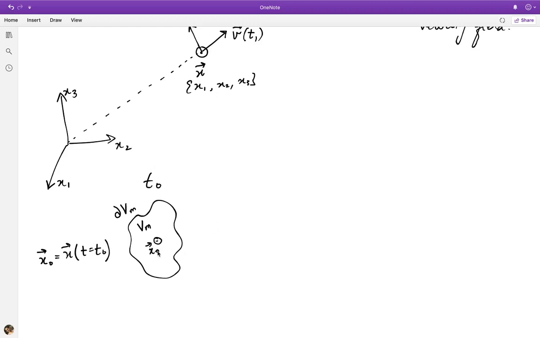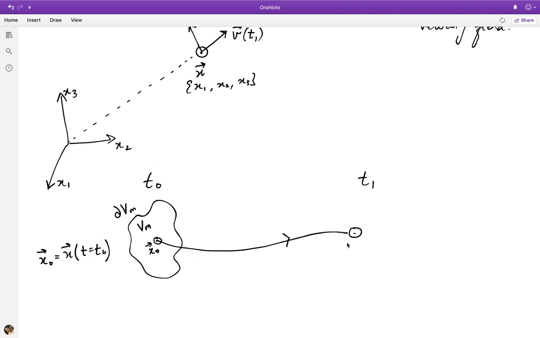So now this x0 serves as a coordinate that labels the point of interest. All right, so if we focus our attention on this piece of fluid as the fluid moves and wait for some later time t1, what would happen is this point would move to some other position